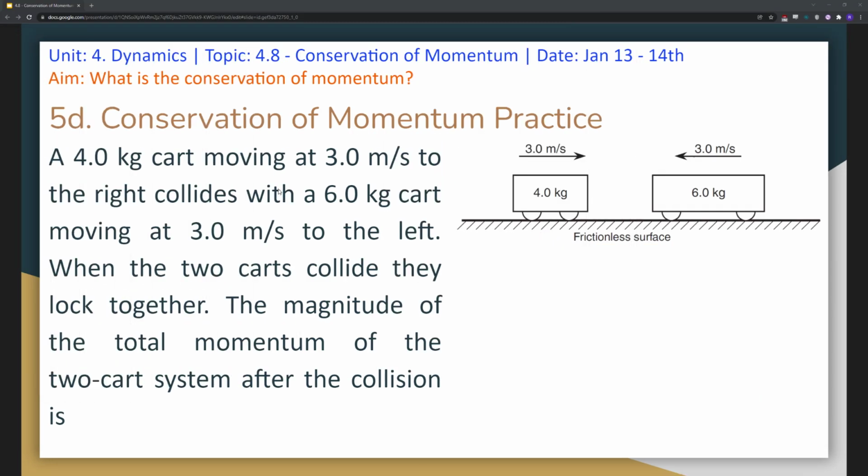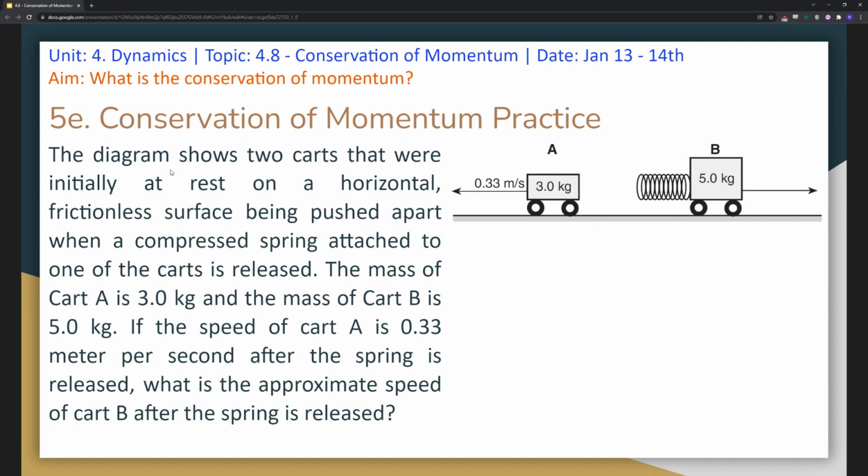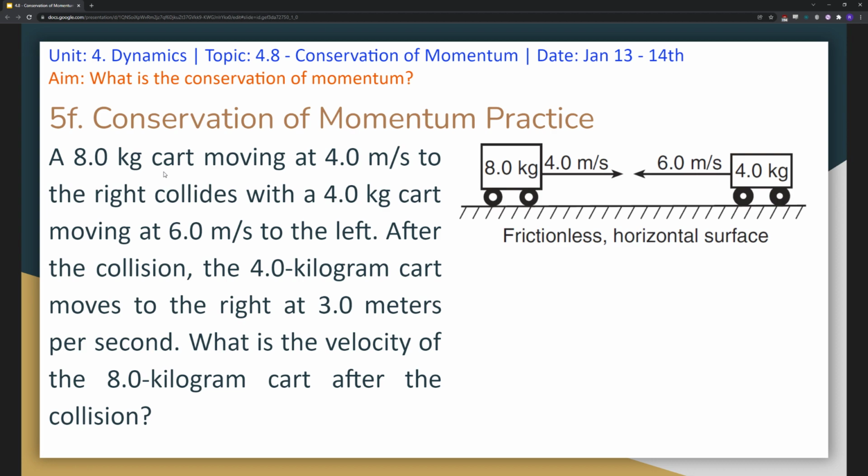All right, I'm not going to go into 5E and 5F because 5E is like 5C and 5F is like 5A, right? So I don't really need to do these two because they're pretty much the same type of questions. And for the sake of time of this video,